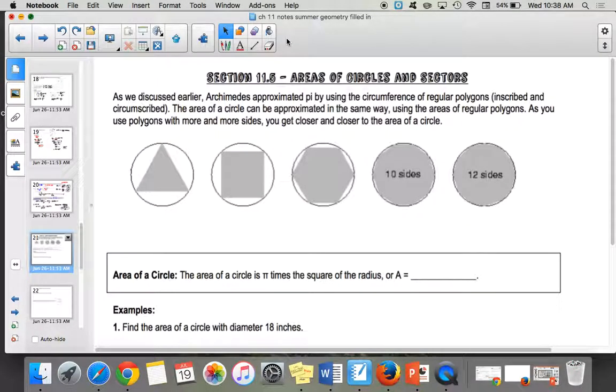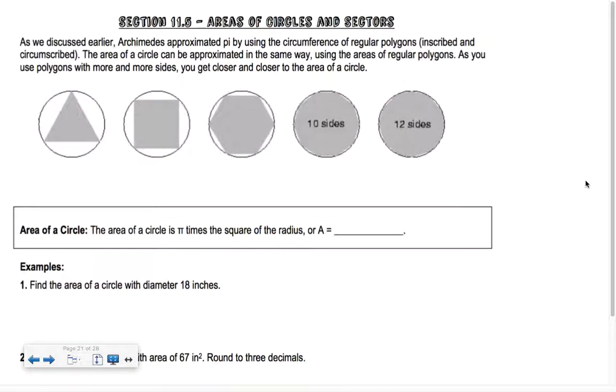So as we discussed a little bit ago, Archimedes approximated pi by using the circumference of regular polygons, inscribed and circumscribed. So he did them both within the circle and without, like around the circle as well. So he proved it wrong. All right, so the area of the circle can be approximated in the same way using the areas of regular